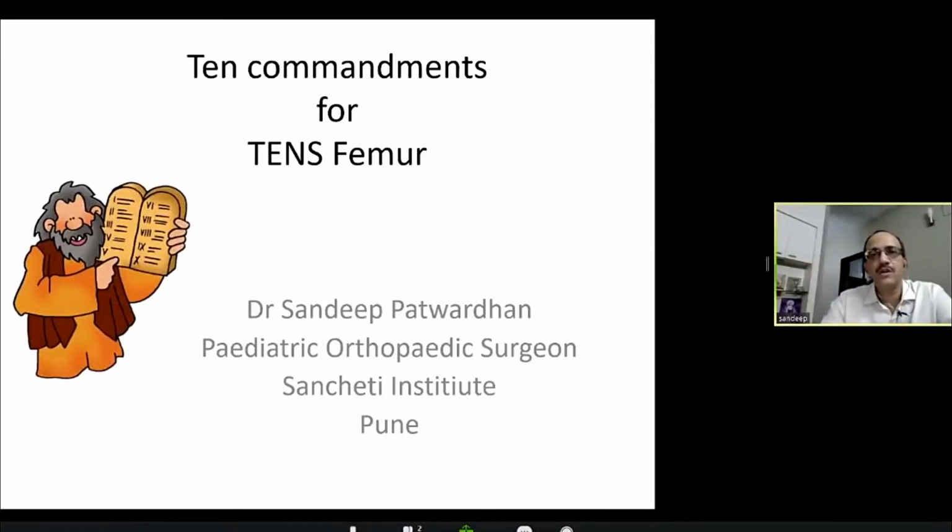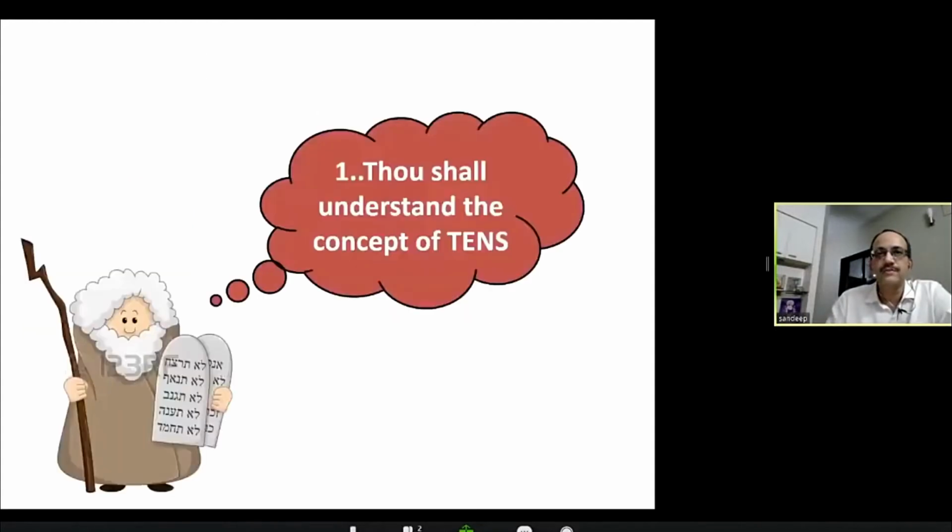I'm sure you all do elastic nailing in femur in children since quite some time now. But even then, we find that there are a lot of errors and mistakes that people do make in their technique. So we've just put together a small presentation called 10 commandments for TENS in the femur, which I'll go through. So the first commandment for elastic nailing in children for femur is thou shalt understand the concept